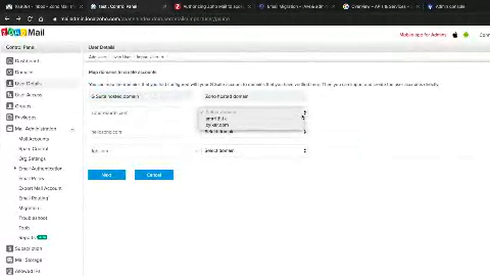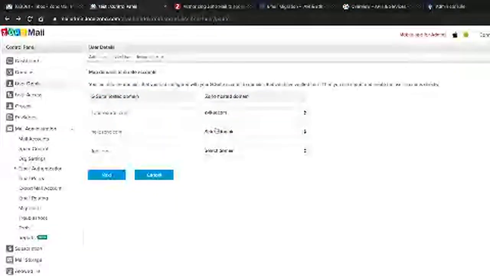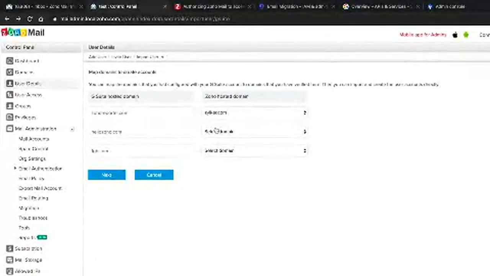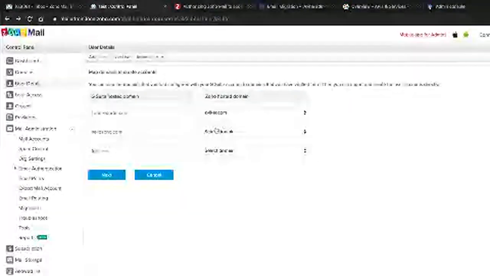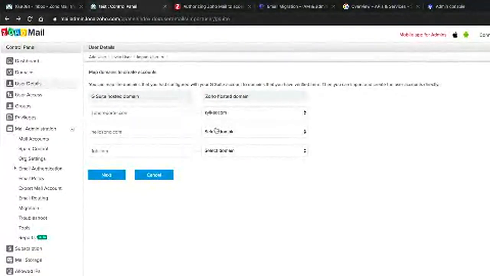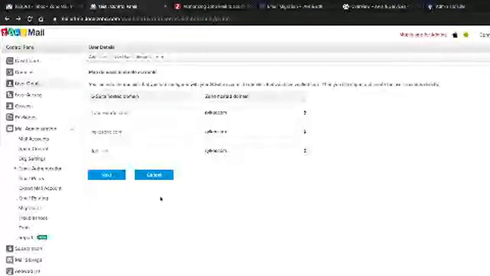So in case you have multiple domains configured with your account, you will have to map the domains in G Suite to the domains inside Zoho Mail. So say in G Suite you had three domains configured, and say in Zoho Mail you have 1 or 2 domains configured. You will have to map which domains data has to go into which domains in Zoho Mail. This option will be there only if you have multiple domains configured inside Zoho. If you have just one, we will just choose the default one domain that you have and we'll move ahead with the process. Once you've mapped the domains, click on next.